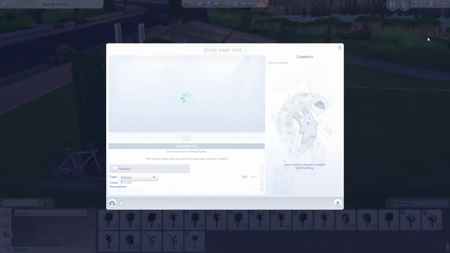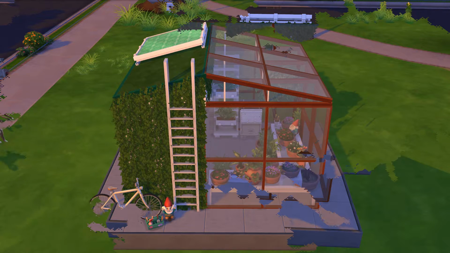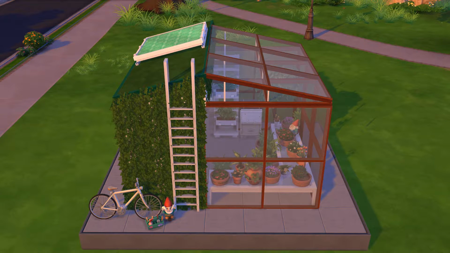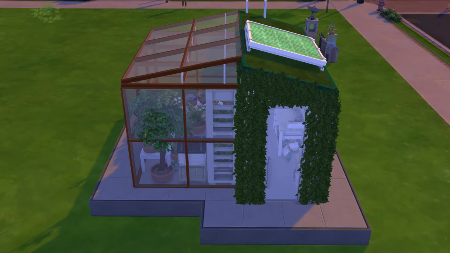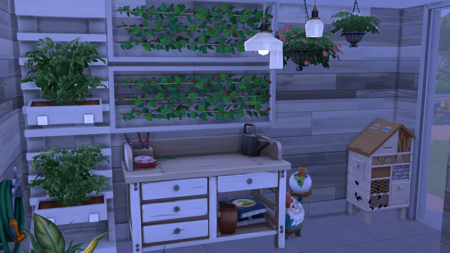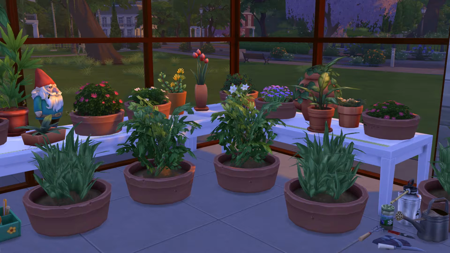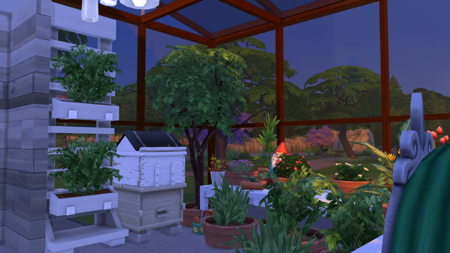Now, these plants on top of the tables aren't usable, which meant that I had to add plants below the tables just so your sim could actually plant stuff. And as you can see here, we have a gap on the ground, which is really frustrating and looks really bad. I used, I want to say it's rag